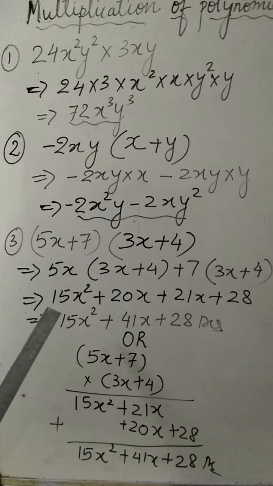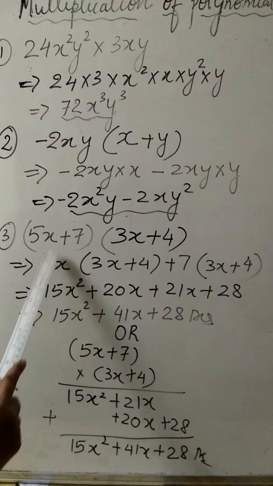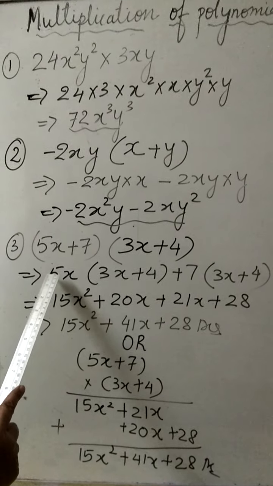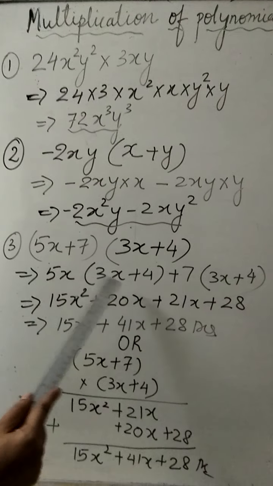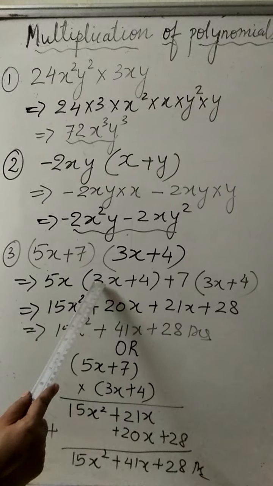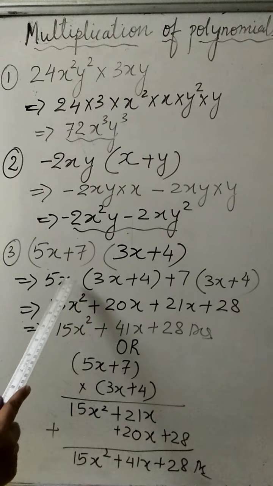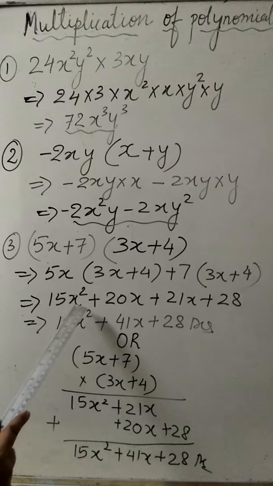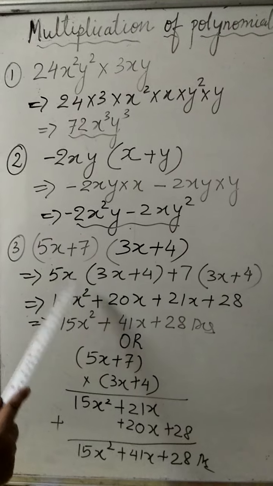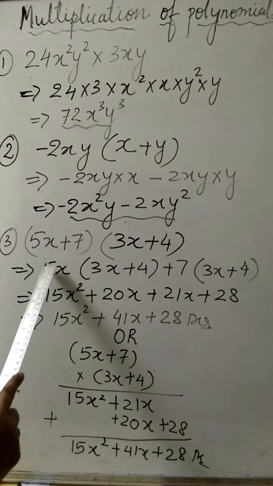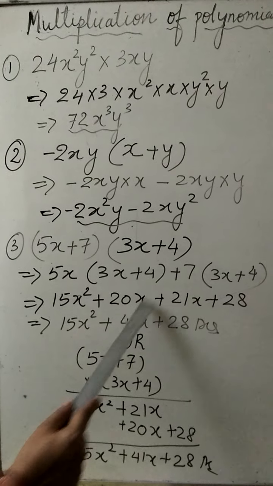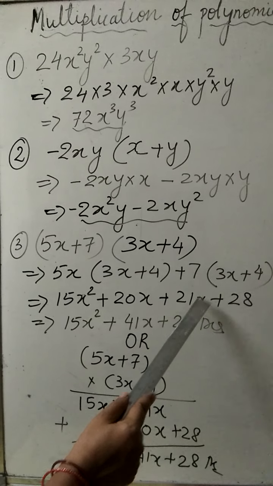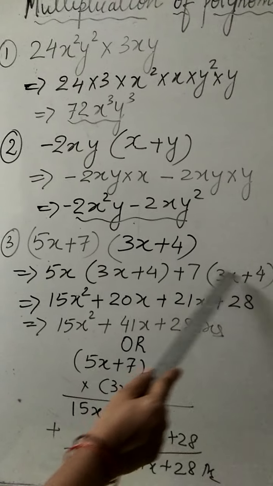Now, the way you multiplied in the second question, you have to do the further calculation. That is, 5x you have to multiply with 3x. First you have to multiply coefficient with coefficient and then variable. So 5 3s are 15, and the power of x is 1 here, and the power of x is 1 here. Powers will get added up, so it will be 15x square. Then 5x into 4. That is 5 4s are 20x. Again the plus sign is here. Then 7 3s are 21x. And again here see the sign, plus plus plus.